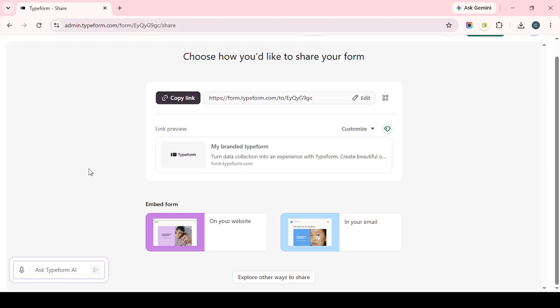When everything looks good, click Update in Elementor to publish your changes. This makes the embedded form live on your website so visitors can start interacting with it right away. And that's it. You've successfully